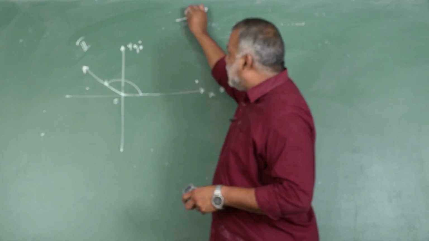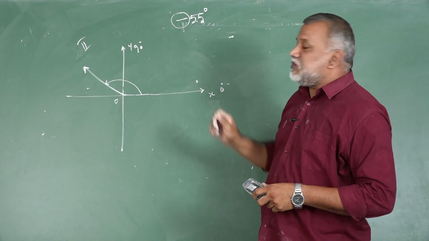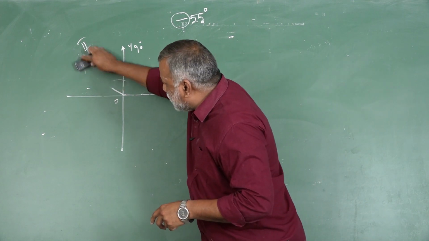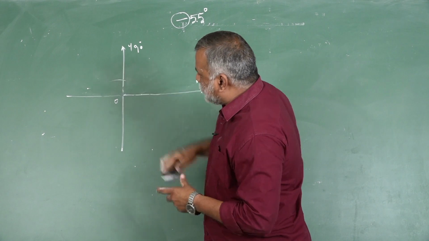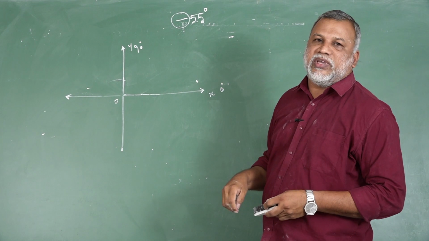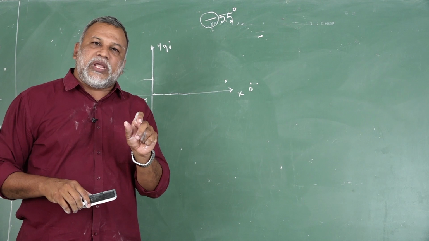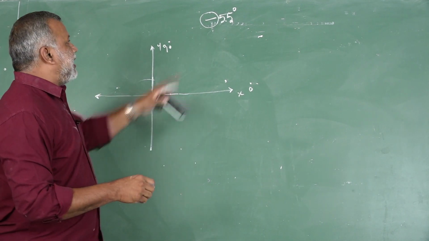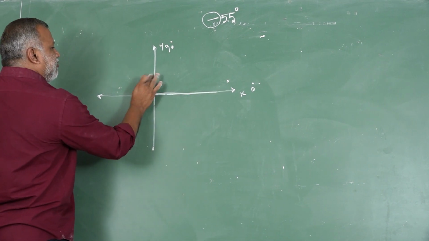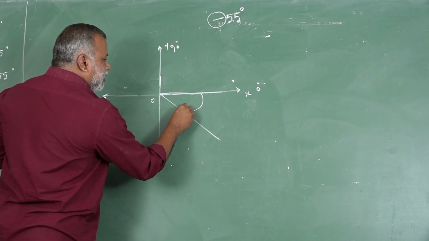Minus 55 degree. Carefully see this negative symbol. The negative symbol indicates the rotation. Already we discussed rotations. We have two types of rotation. One rotation is anti-clockwise, another one is clockwise. Anti-clockwise rotations are positive theta. Clockwise rotations are negative theta. See here, the negative symbol. Therefore, from this initial side, our rotation must be clockwise.